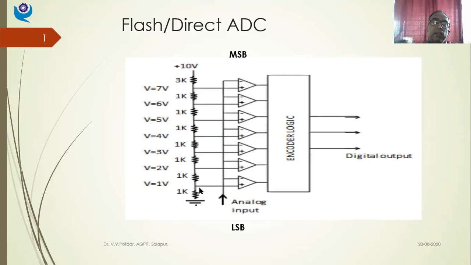At each positive or non-inverting terminal, corresponding to this resistance, based on 10 volt of impressed voltage, because of this 1K resistance at this op-amp, I am providing 1 volt. And as we know, V is equal to IR. The current will vary, and you have 1 volt that is provided at this first operational amplifier.